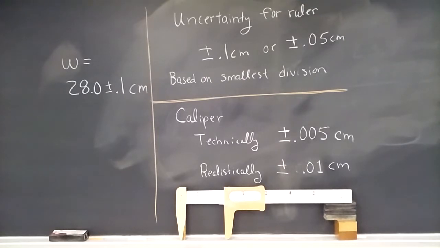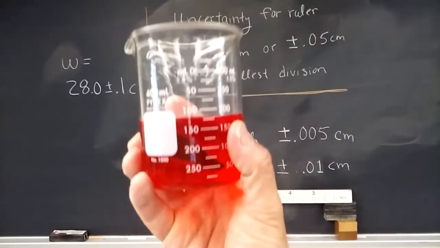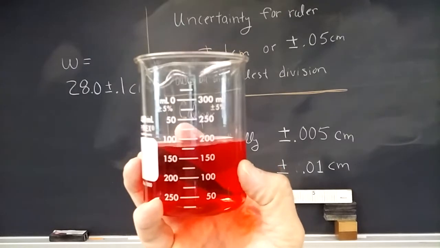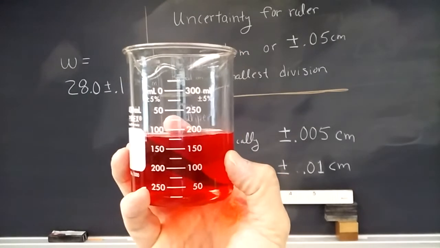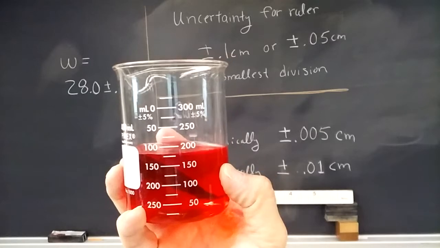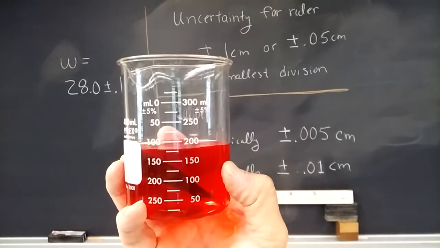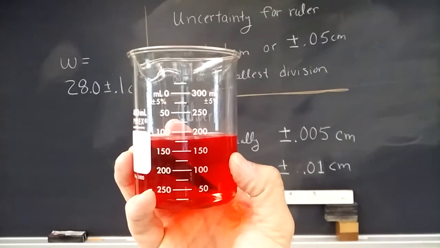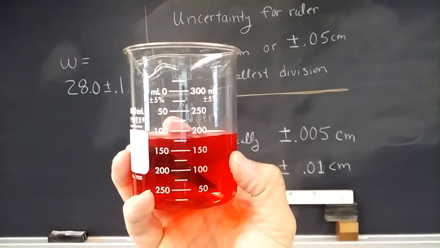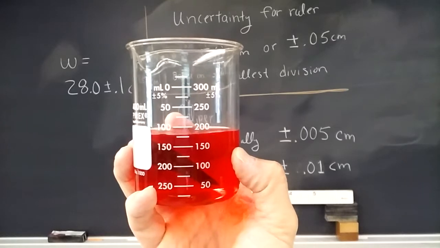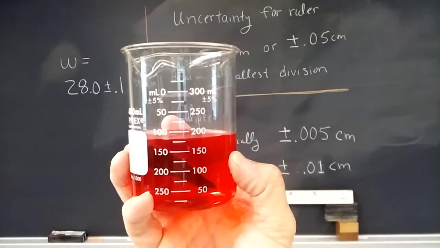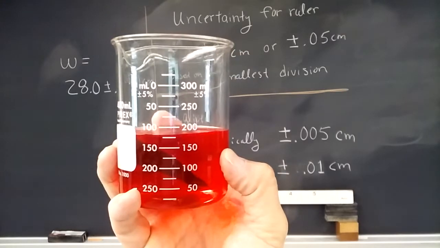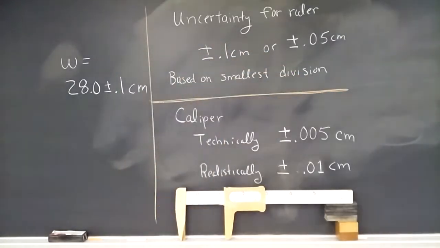But let's say you had a beaker of water here, okay? I put red dye in it so you can see it better, but it's just water. This would be more typical of something you might do in a chemistry lab. So you can read the level of the water pretty easily. It shakes a little bit because I'm holding it with my hand, but if it were sitting on a table, it would be settled down. And the divisions are pretty big, right? So that's a pretty straightforward measurement. So estimating 1/10 of one of those, that's doable. You can do that. All right, but going back to our ruler,